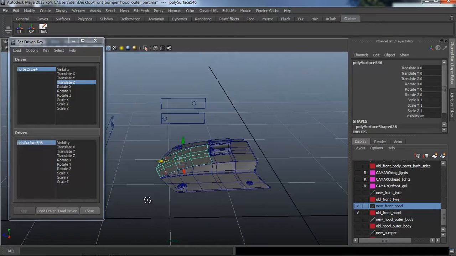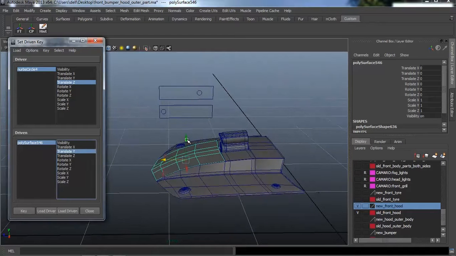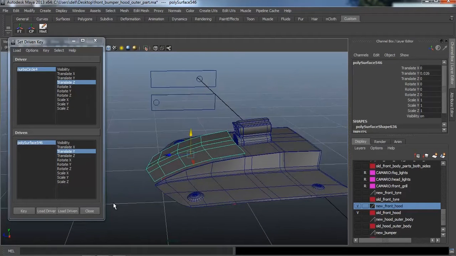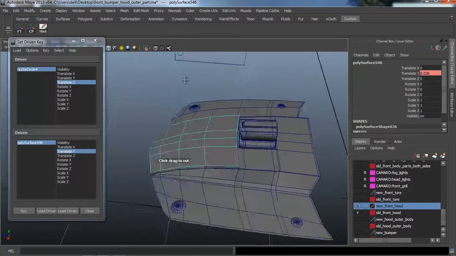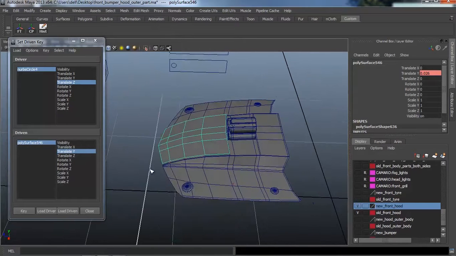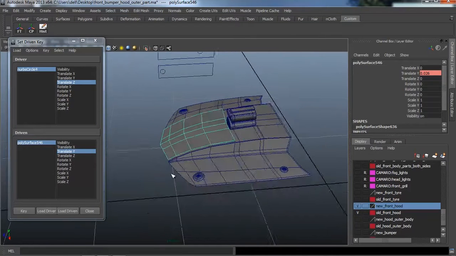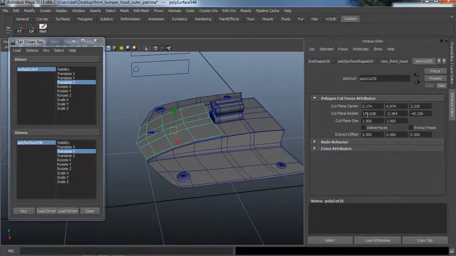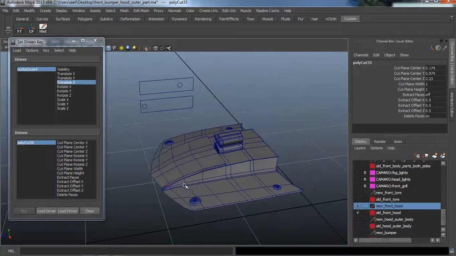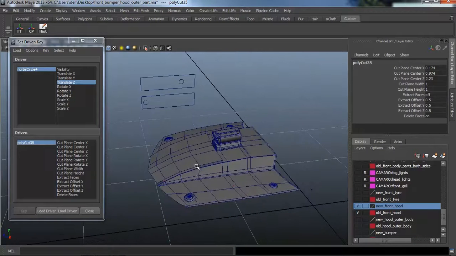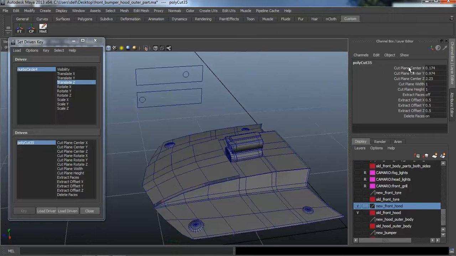When selected, make it driven. Select the y-axis, move it upwards, press key, select edit mesh, cut faces tool, place the cut faces tool somewhat over here, press W, press Ctrl A, delete faces, select Ctrl A, make the cut faces tool the driven object, go to the cut plane center X,